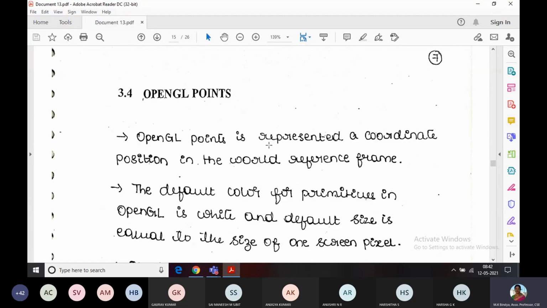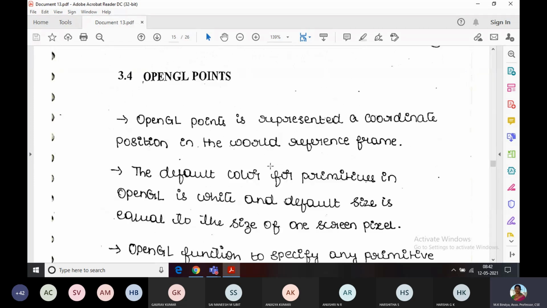So today we'll move to the next topic, which is the OpenGL point. How are you going to specify the point? The OpenGL point is represented as a coordinate position in the world reference. That means whenever you want to specify a point, you must specify the reference coordinate values, that is, x and y values. If you are not applying any color to that particular OpenGL point primitive,